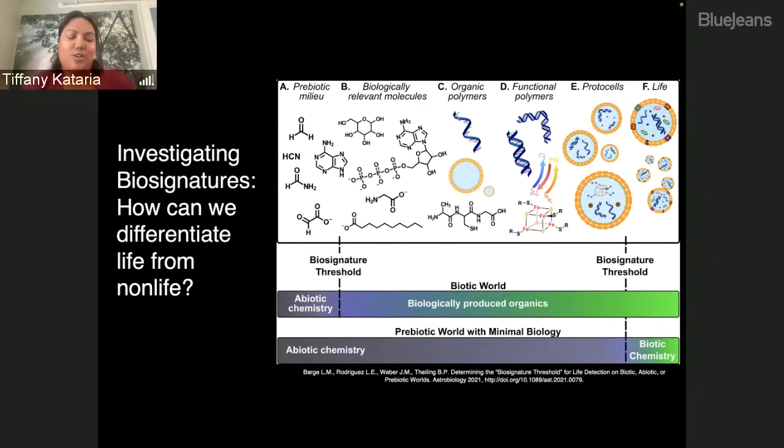Because we know life exists on Earth. So if we see something that's related to life, we can say it's very likely to be related to life. But if we see a similar signature on this prebiotic world where we don't really know what the biology that could exist is, the threshold for biosignature assessment is a lot higher, in the sense that we want to rule out all the false positives. So I would say that our understanding of the origin of life is very similar in terms of biosignature assessment, right? Ruling out false positives. We want to better understand what other ways these things could be produced abiotically in these different environments.